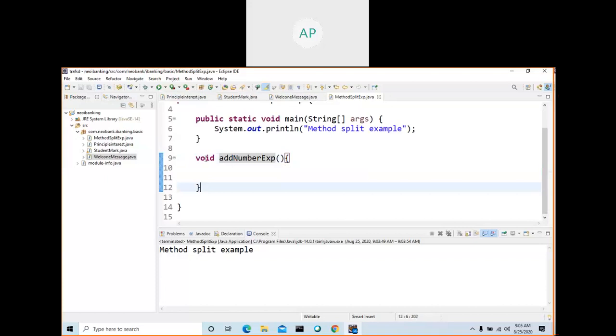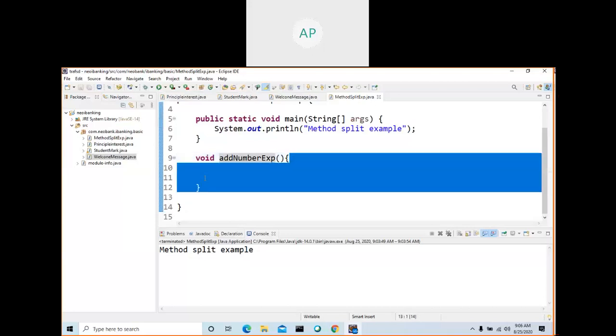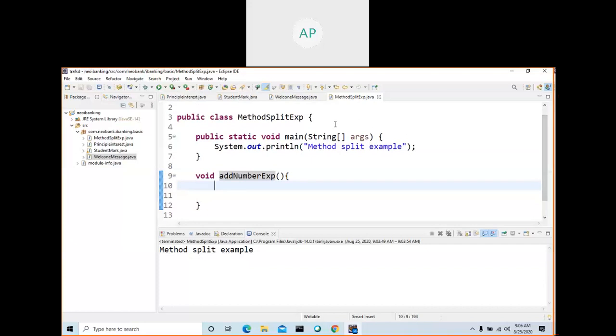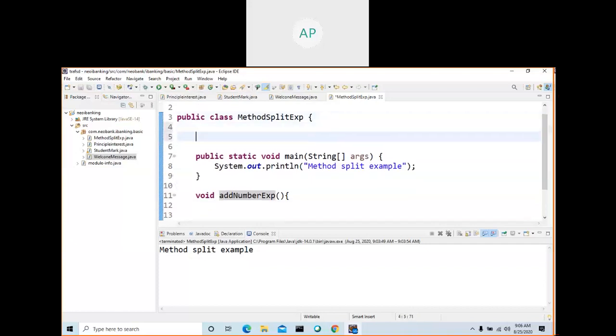So if you want to write a method, at the minimum you should have a method name, an opening and closing bracket, and a return type. One, two, three. This all should be there. Now it's a proper method.